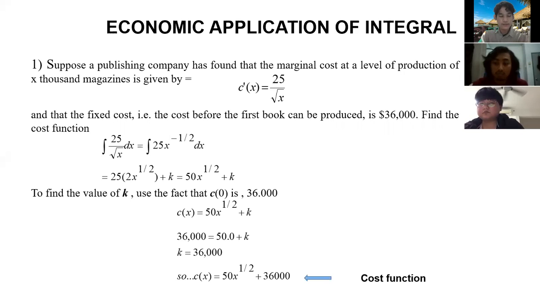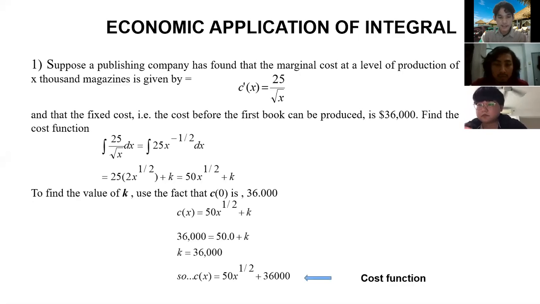The integral of 25 over root of x dx equals 25 times x to the power of minus 1 over 2 dx, because the root gives the power of 1 over 2, and then it becomes 25 times 2x to the power of 1 over 2 plus k, which is 50x to the power of 1 over 2 plus k. So find the value of k, and then you use the fact that